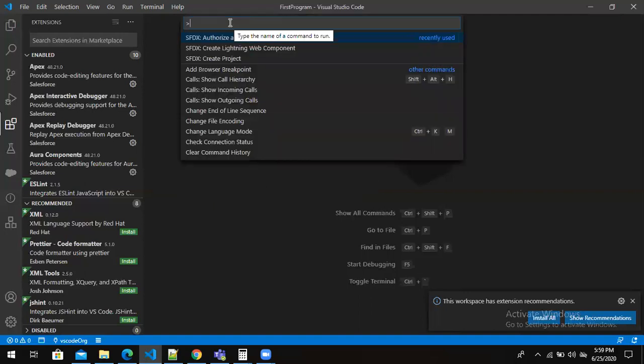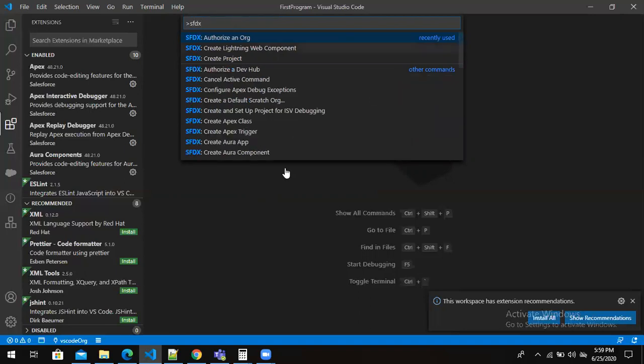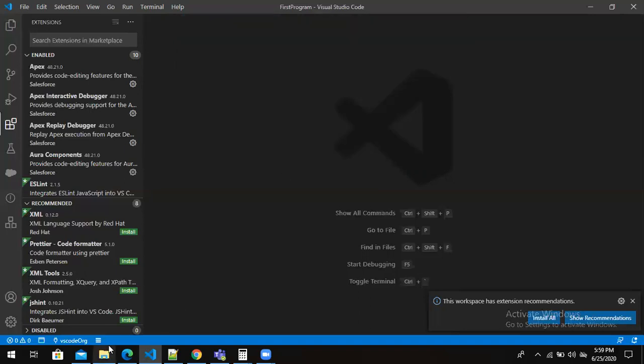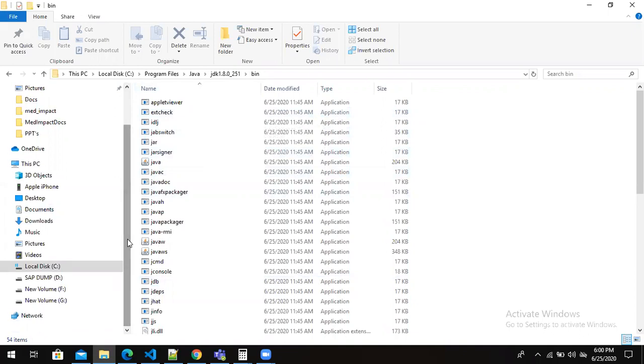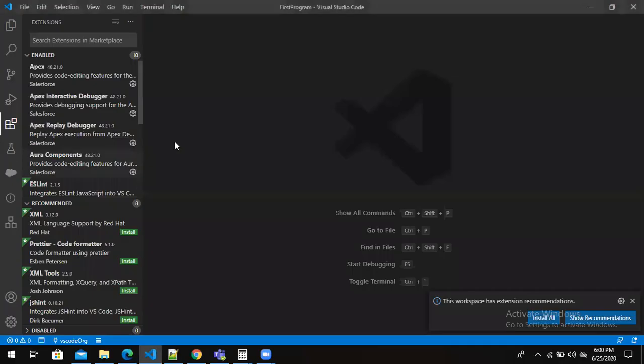The first step is I need to create a project. If you are not aware what a project is, it is like a folder. It is just a folder. So what happens in the LWC implementation is, we cannot directly write our components in the org. We have to create our components on the local machine, and deploy them to a sandbox or production, whatever environment we want to migrate to, right?